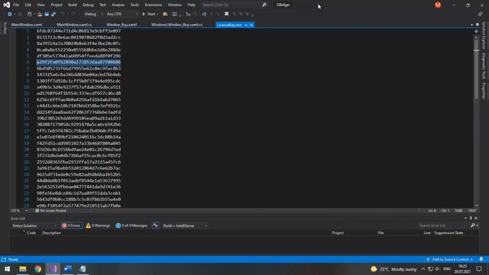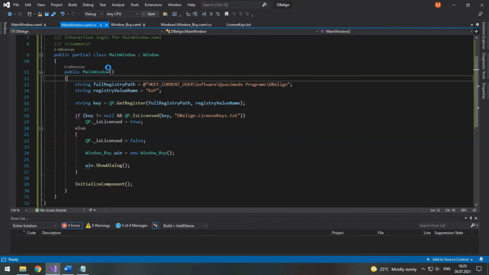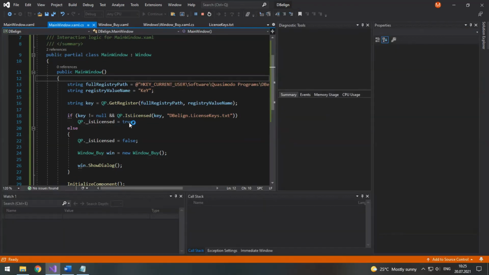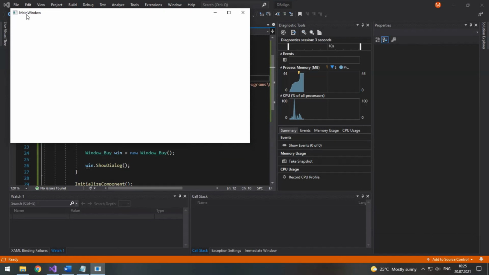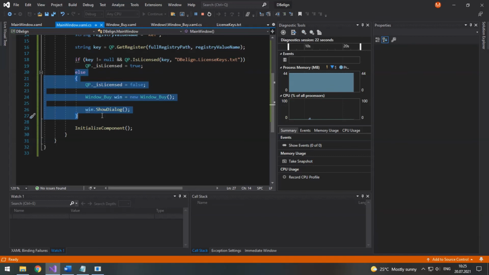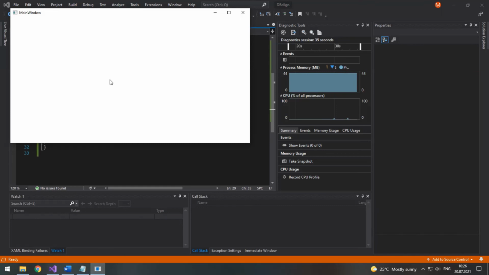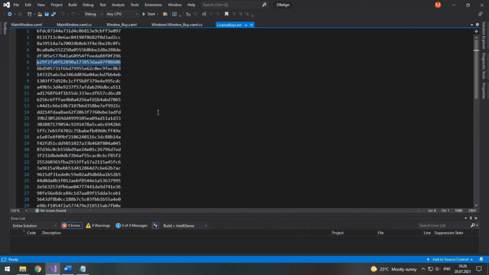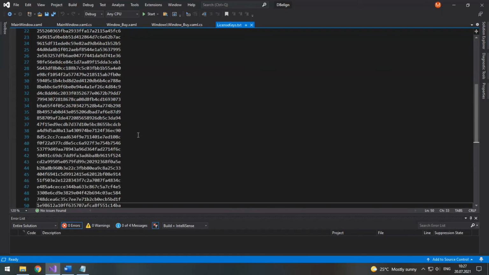Okay, so when we try to launch it now, we should not see the Buy Me window. You see, because we had the key which is licensed, the else block is not executed, and so the main window gets initialized. So using MD5 hash is a sort of a basic protection, which helps you to protect your program from the most simple distribution. A stronger approach would be to use a public-private key, which of course implies a bit harder implementation of such an approach. So again, about the license keys, as you see, I have put 50 keys here.